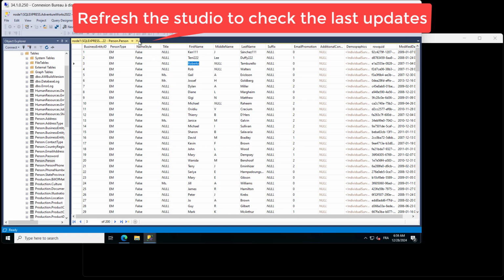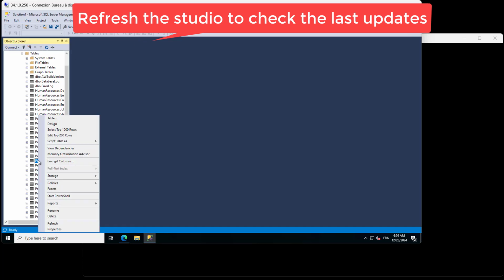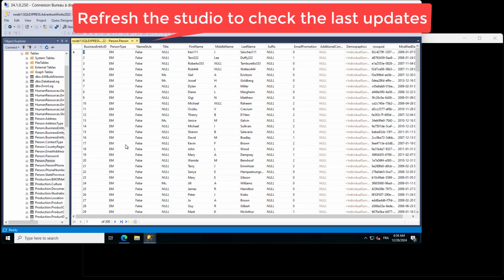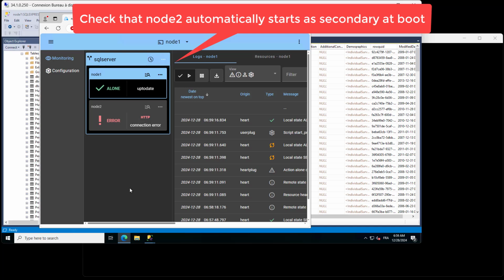Now refresh SQL Studio to check that the last modifications made on Node 2 before its crash have been correctly replicated. Node 2 is now booting and the SQL Server module starts, as it has been configured to start automatically at boot. The module will first resynchronize its local database folder before becoming second.